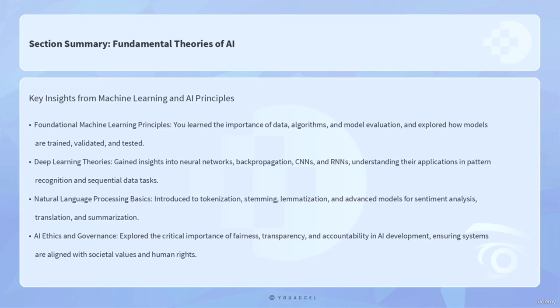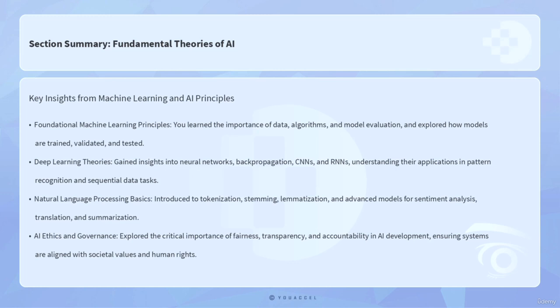Reinforcement learning concepts further expanded your knowledge by focusing on how agents learn optimal behaviors through interactions with environments, utilizing reward signals to maximize cumulative rewards. Key methods such as Q-learning and policy gradients were discussed, highlighting their real-world applications in areas like robotics and game